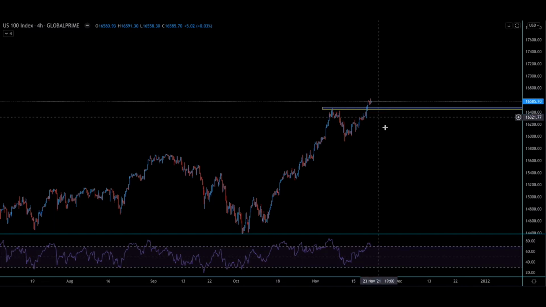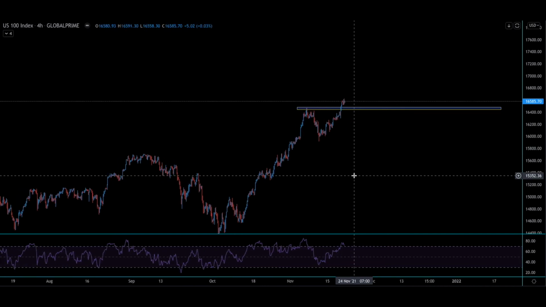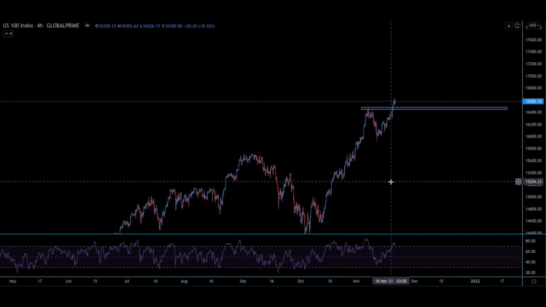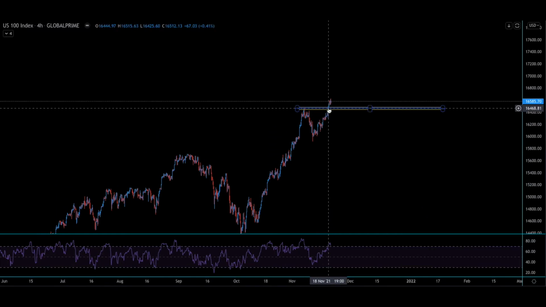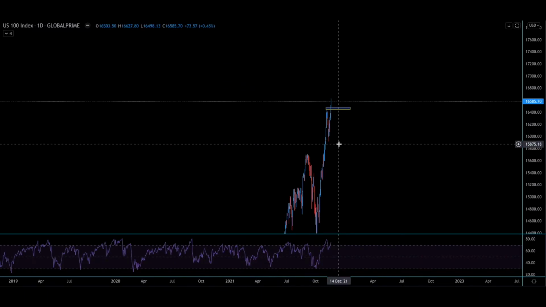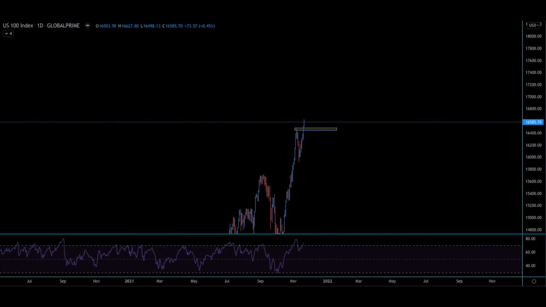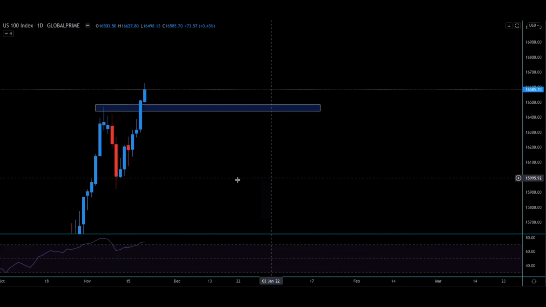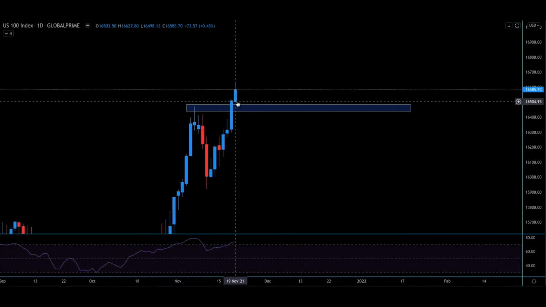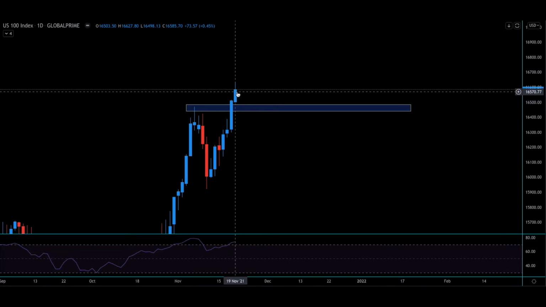So with that said and covered, let's get on with where we left off on Thursday, my last recording. On Thursday I talked about getting an open and close above this particular box that I drew. We're going to zoom in to see how that box actually looks. I didn't actually take this trade on the Friday just because it was a Friday and I didn't see any point. I just thought, let me watch, so I let this be.